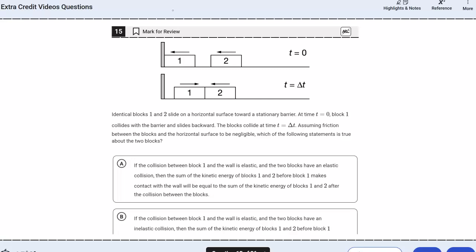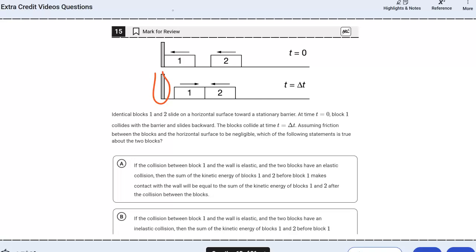Identical blocks 1 and 2 slide on a horizontal surface toward a stationary barrier. At time t equals 0, block 1 collides with the barrier and slides backwards. The blocks collide at time t equals delta t. Assuming friction between the blocks and the horizontal surface to be negligible, which of the following is true about the